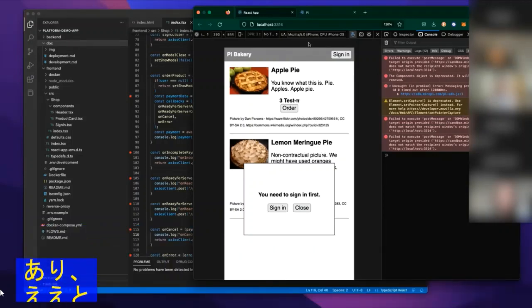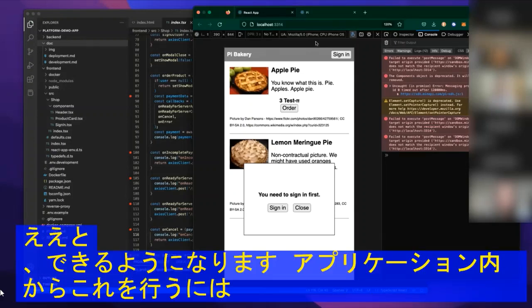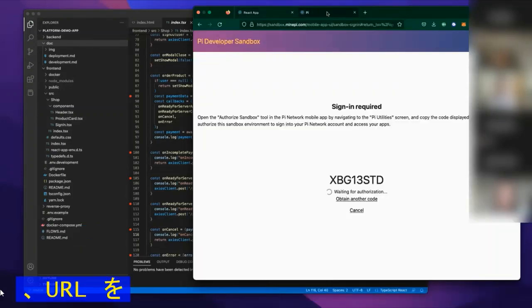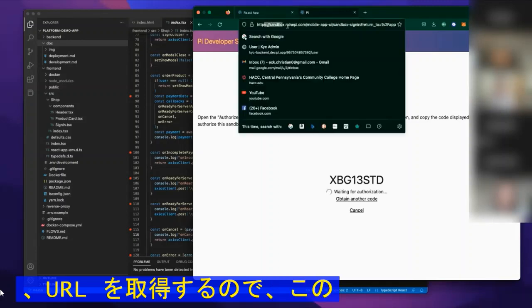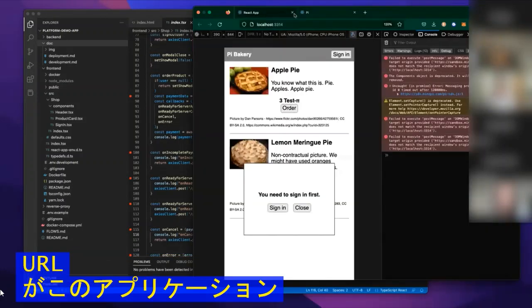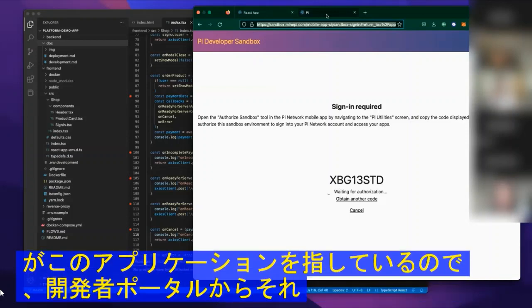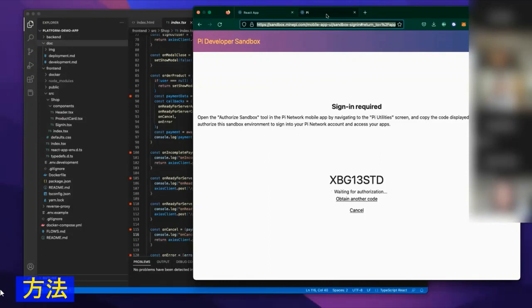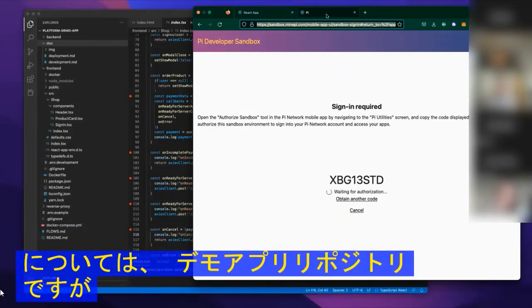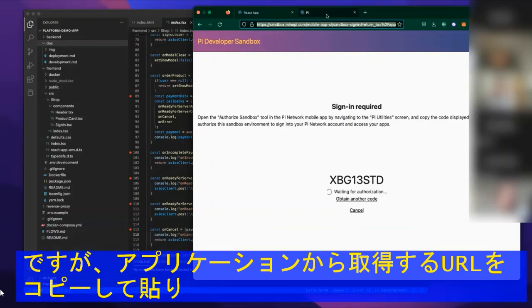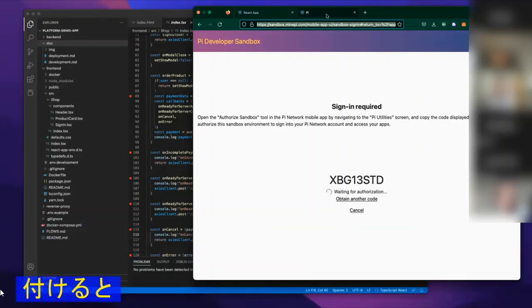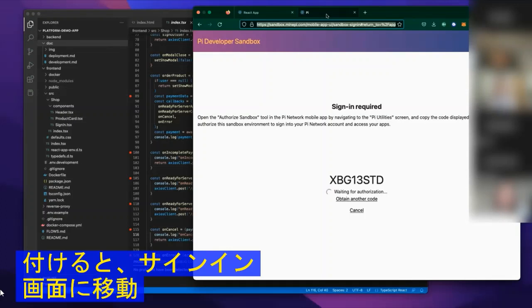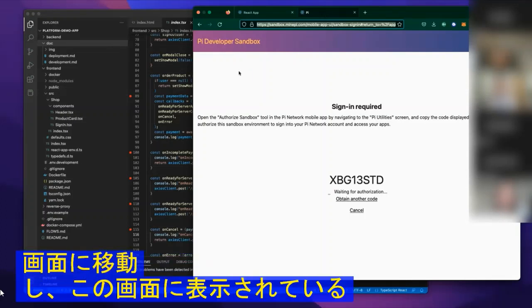And you'll be able to do this from within the application. You'll get a URL. So this URL here points to this application. And so you can copy that out of the developer portal, and there's instructions on how to do that on the demo app repository. But once you copy and paste that URL that you're going to get out of the application, it's going to bring you to the sign-in screen. You're then going to enter the code that's shown on this screen